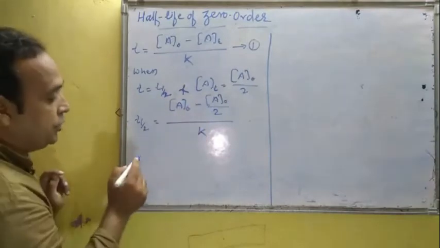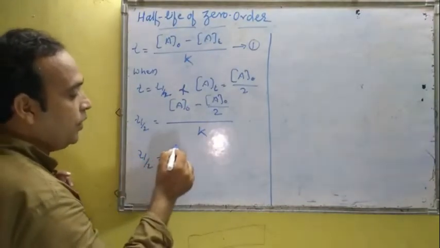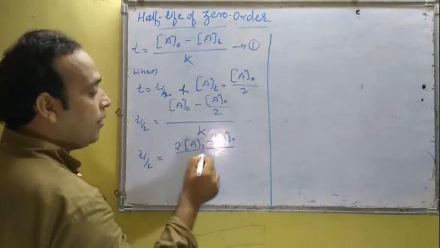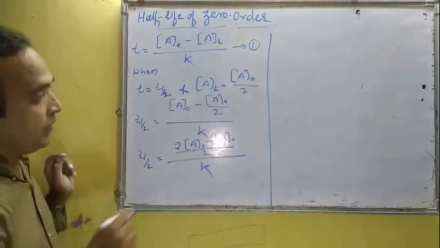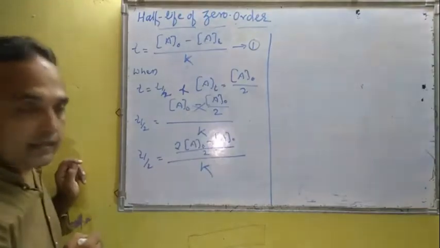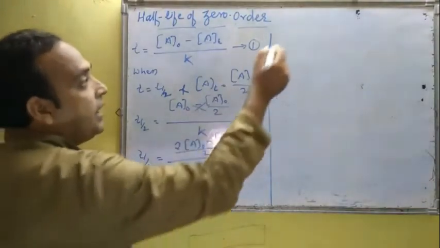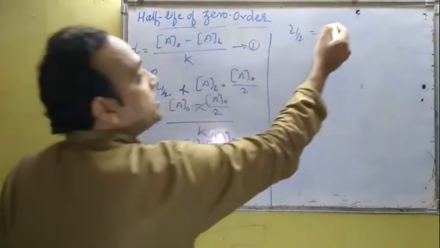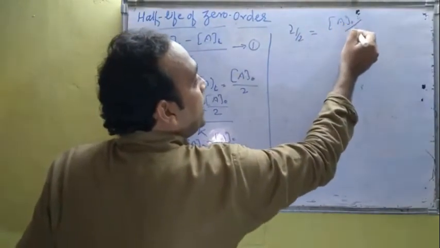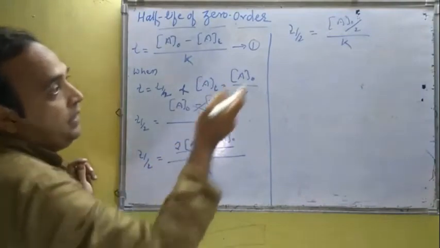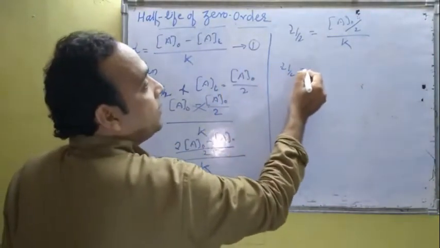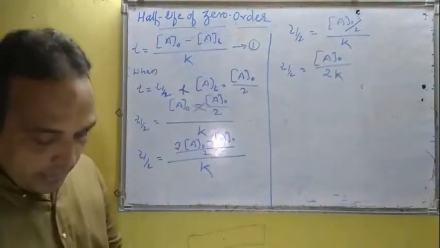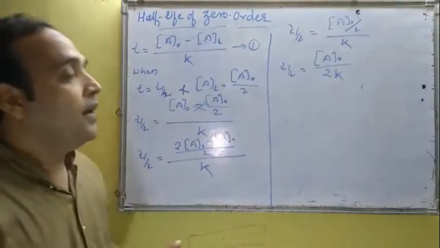Now simplify this equation. We can write T half is equal to 2A0 minus A0 upon K. Simple mathematics. So this equation becomes T half is equal to 2A0 minus A0, which becomes A0 by 2, upon K. Simplifying, you will get T half is equal to A0 by 2K, and this is the half-life